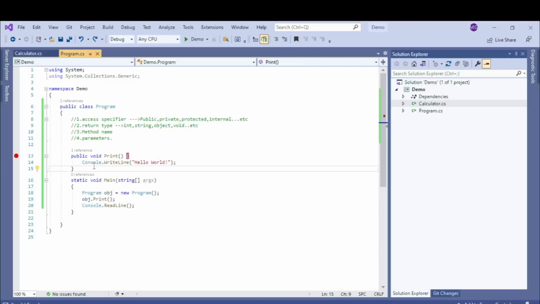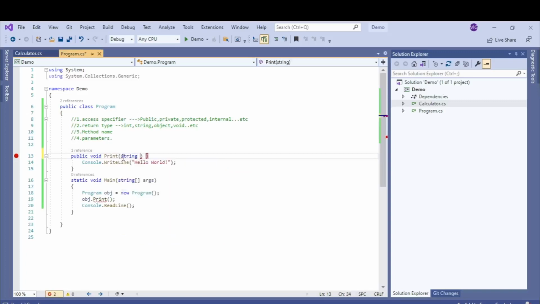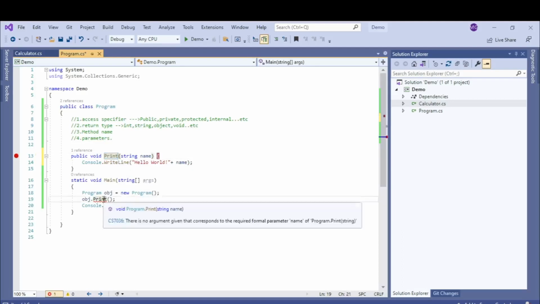Let's see how we can pass a parameter to a method. Suppose in this method I want to pass my name. The input will be string name. Now this name can be printed here; I'm just trying to print my name along with hello world. From where I'll be calling this method, I need to pass this data.